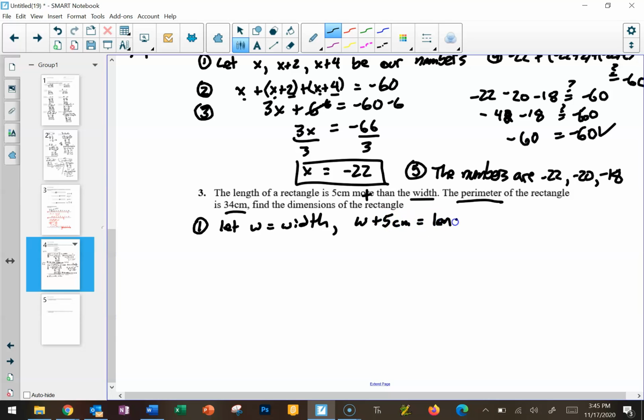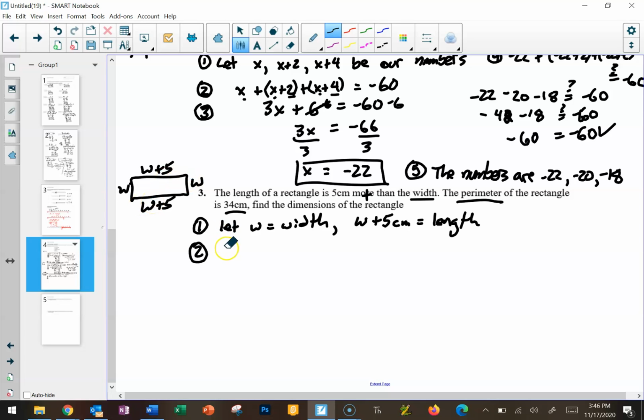Equals the length. So why? It just tells us that. It says the length is 5 centimeters more, plus, than the width. So number 2, what do we know about perimeter? We need 2 sides. Okay, so let's look at a rectangle. We're going to have the width is W, and then the length is going to be W plus 5. So if we're building a fence around this, remember it's not area, we need 2 W's and we need